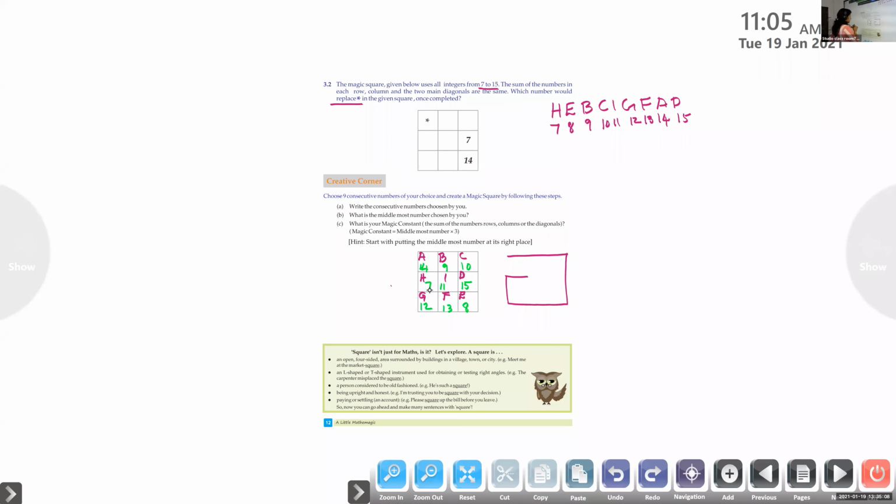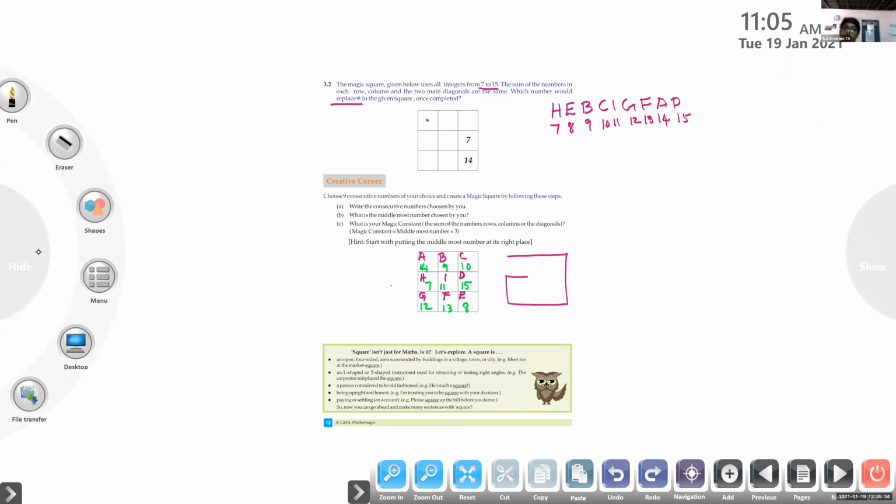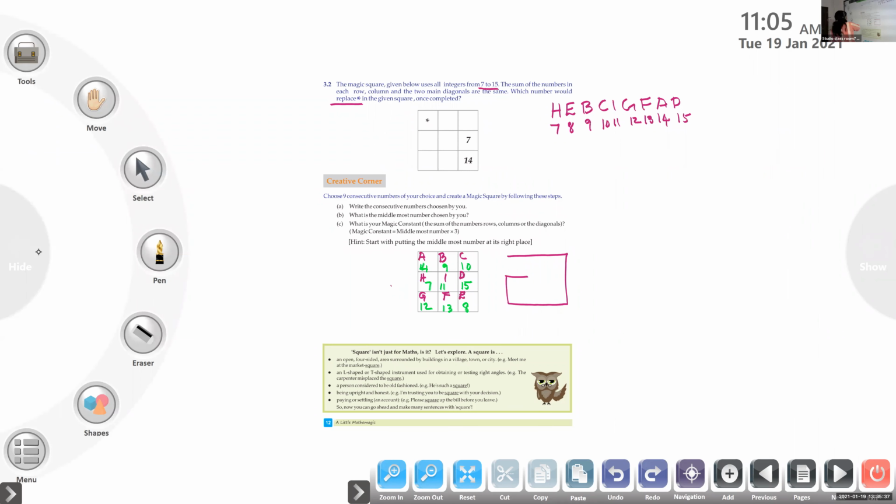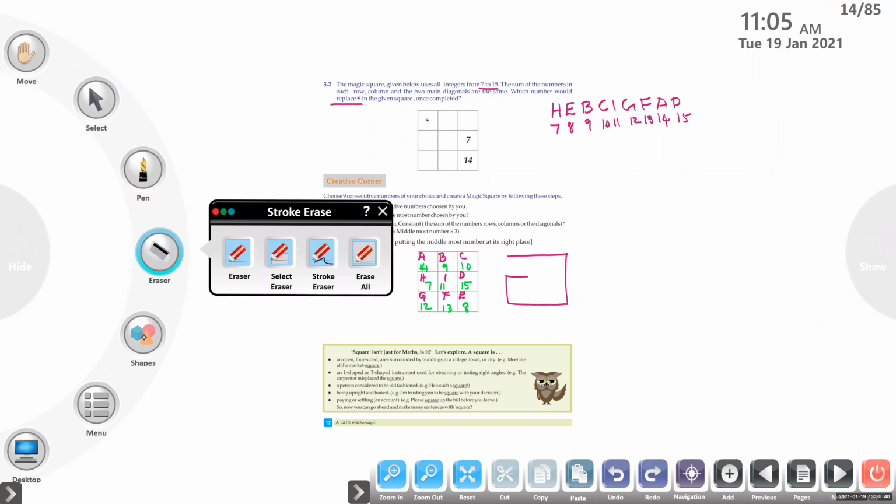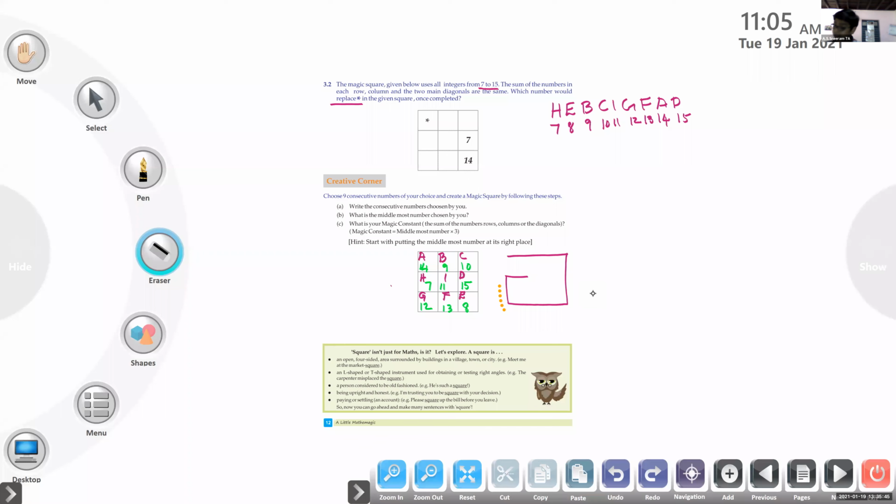Okay. Just count it. Now we have written the numbers, no? And it was told that the central value denotes the sum. So what can be the central value? What can be the sum? Can you say? 33. Central value is 11. Center square is 11, no? 33. So when you add, you should get 33 in each column and row. Just check whether you are getting 33. Yes, we are getting. All the rows and all the columns, just check and tell me whether you are getting 33. Yes, ma'am, we are getting.